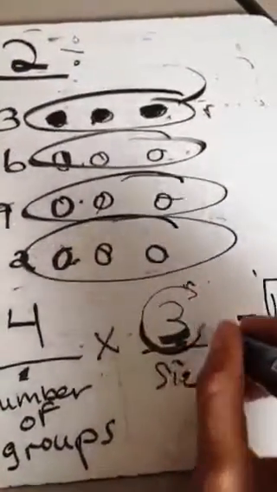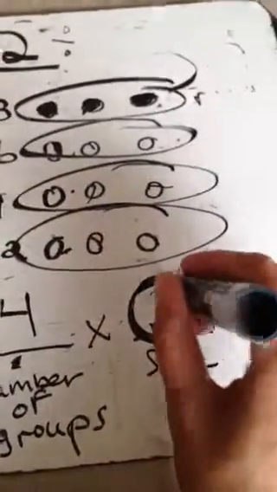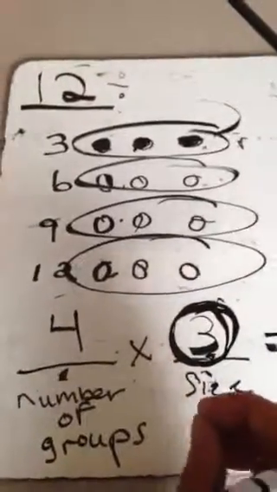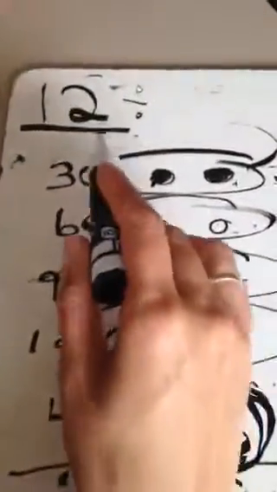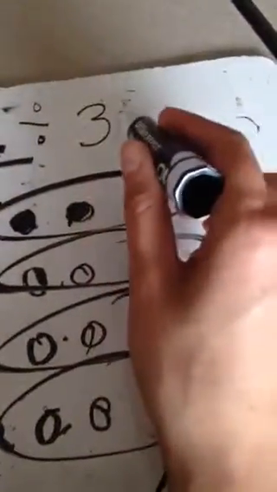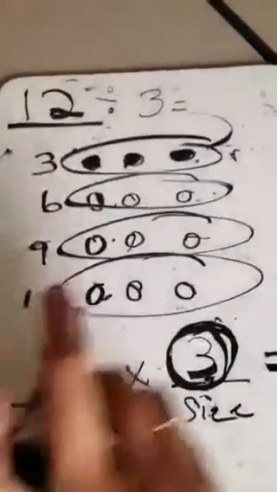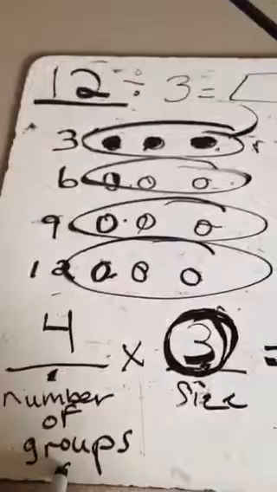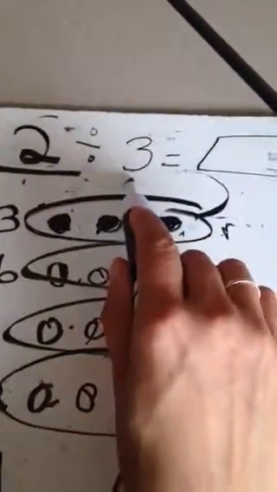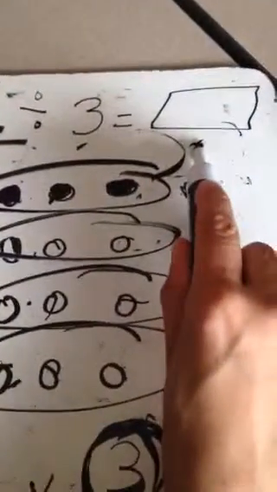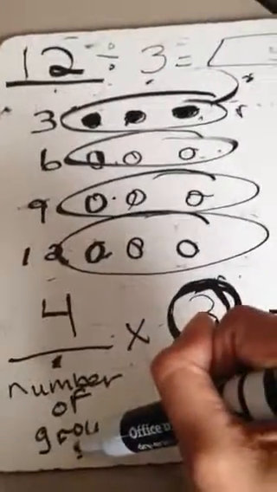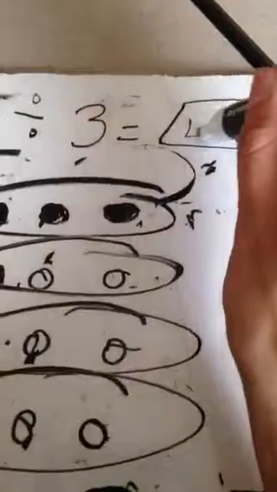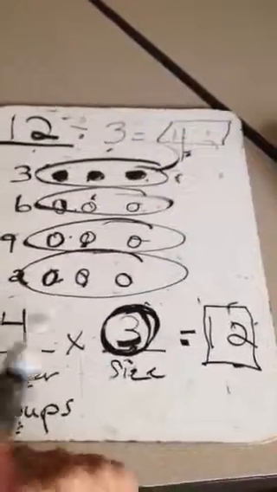We can say 12 divided by the number in each group, the size of the group, the number inside each group. You can say it as many different ways as you want. You got to know the size is what is inside each group. So if I divide 12 by 3, the size, then what's left, my unknown, represents the number of groups. Total, size of group, the only thing the unknown could possibly represent would be the number of groups. 1, 2, 3, 4. So look at that. How are those related? The product